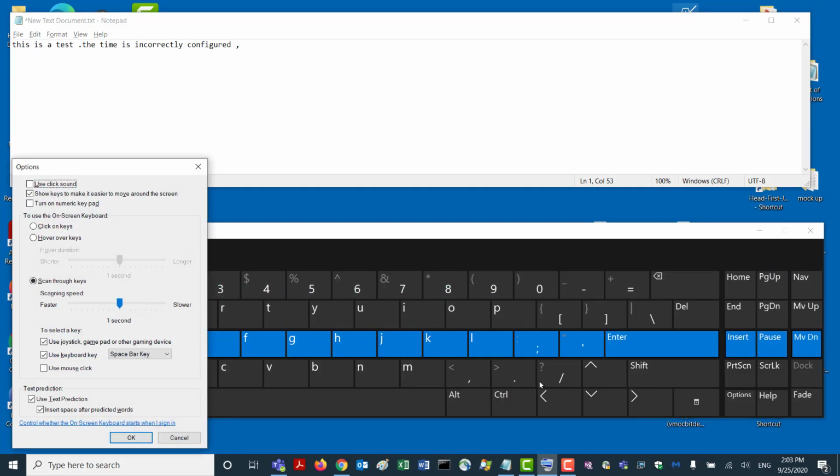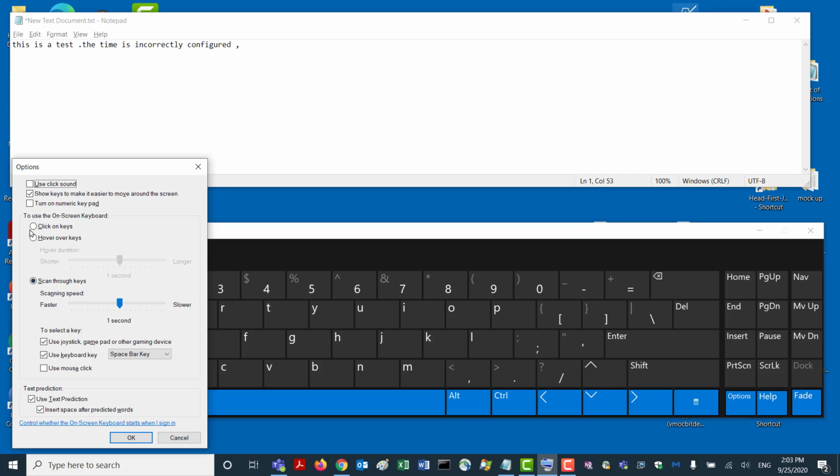And I'll go ahead and turn off that option. Setting it back to click on keys. Another choice you can have within this is to have it use a click sound so that you get some sort of auditory feedback when you're picking keys.